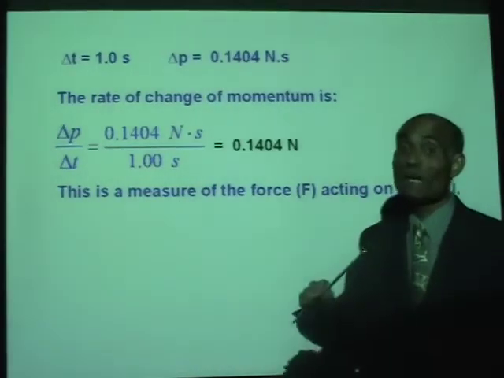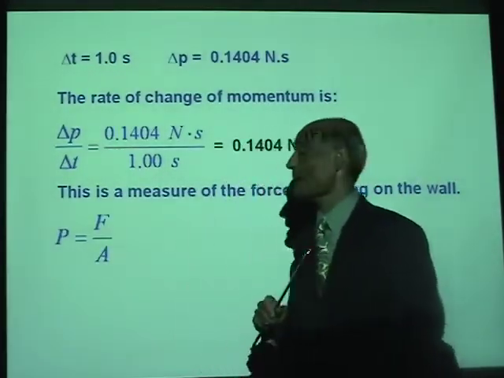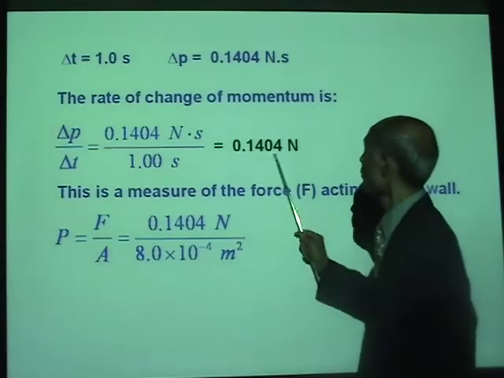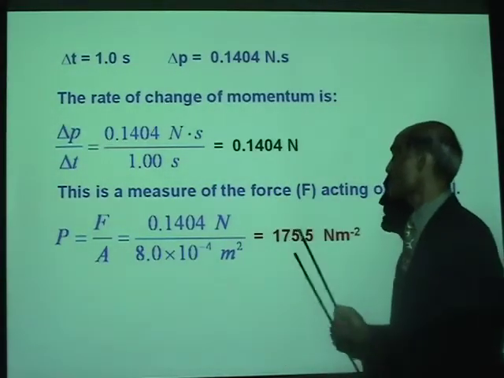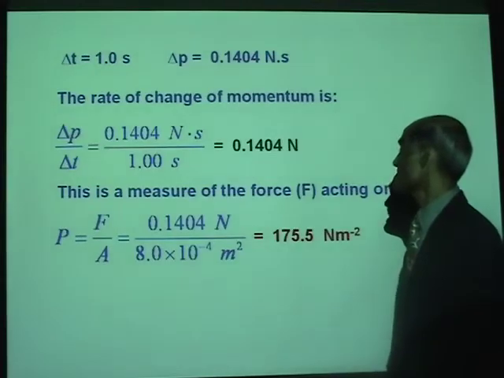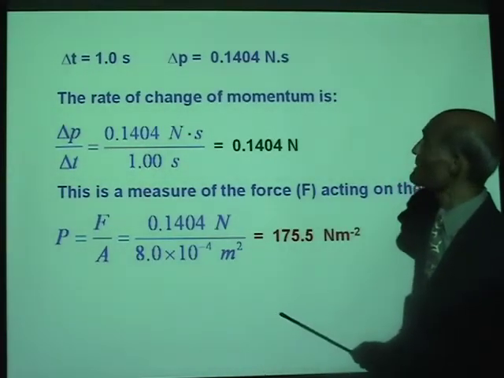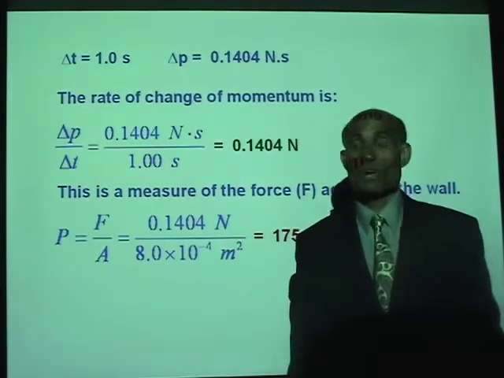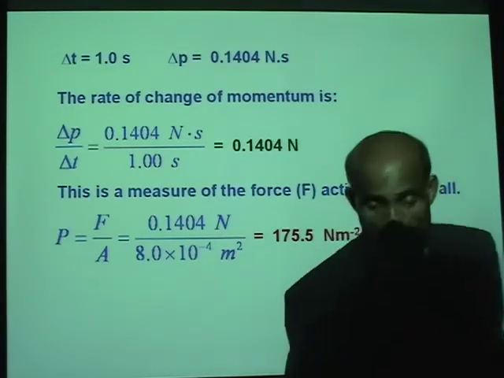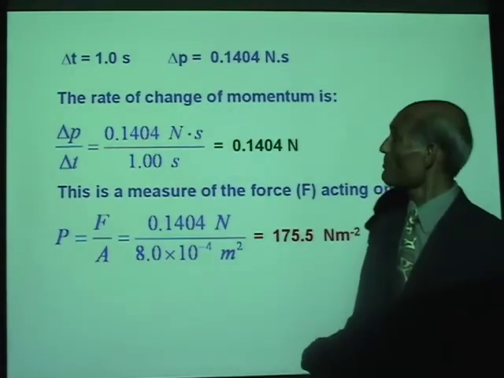And how do we get pressure from here? Pressure is force divided by area. So that's the force, and this is the given area. And that's therefore 175.5 Newton per meter square. Well, I think we had a good discussion on kinetic theory of matter, and I think that's about what